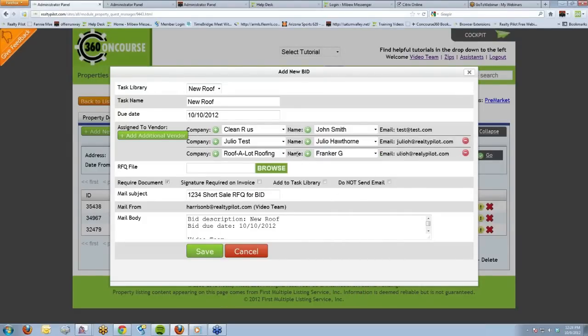And now, when we create this task, all 3 of these vendors will receive an email from the system requesting a bid for this repair. If there's a particular file that is required, such as a client bid form, we can upload it here. Select if this document is required, if it needs a signature, if we'd like to save this to the task